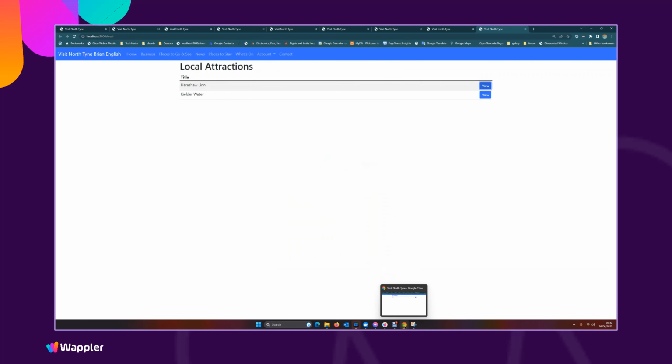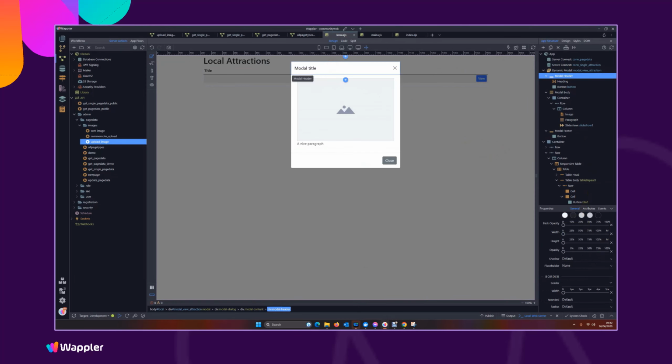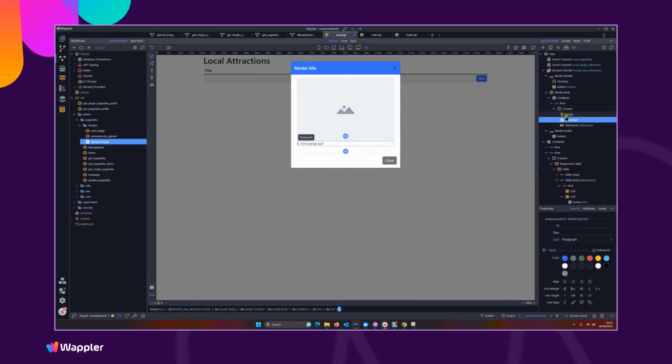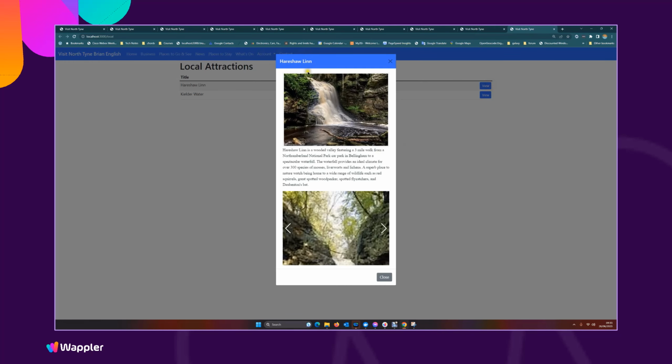So let's close that. I'm just going to go now back into Wappler. Let's do a little bit of a tidy up. I want to give that header a bit of colour, so let's make it blue. On blue, I tend to prefer the text to be white, and let's put that paragraph into a faded grey panel. So let's put it into white. Let's save that, fire it up, and now we see that our modal is